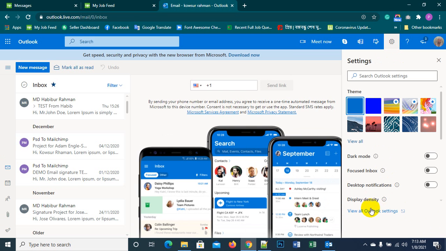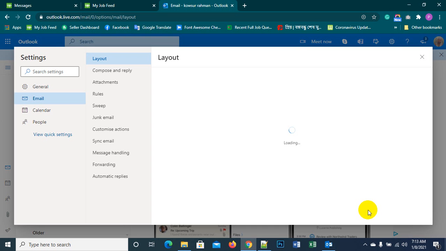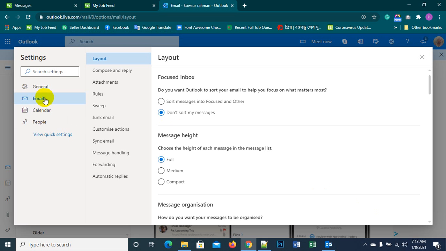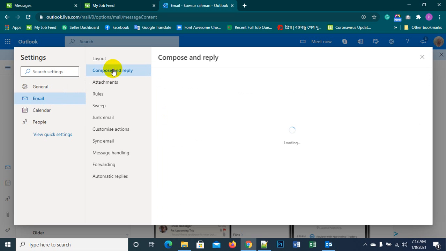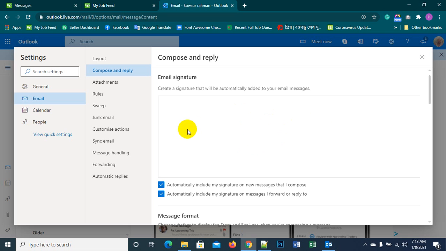Okay, click here, and then mail. Under the mail, okay, you need to click the compose and reply. Okay, you need to click compose and reply button and have an interface open. Okay, it is loading. Okay, yeah, it has been open,